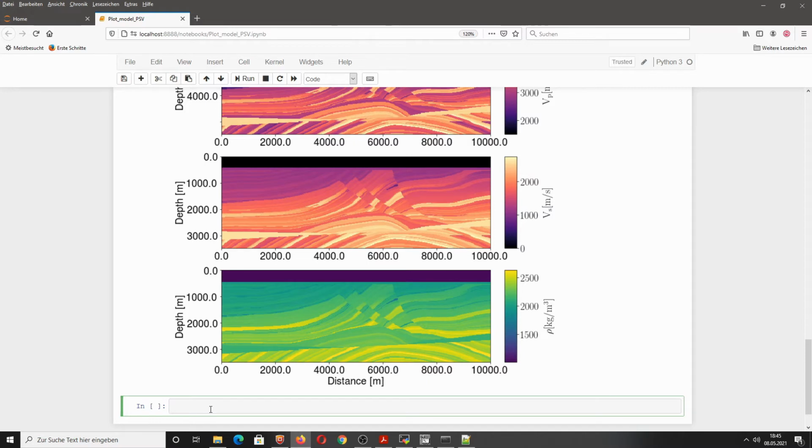I have written a nice Jupyter notebook to produce all the necessary input files, so that you can first check if all the parameters in the acquisition geometry are correct and then create the models and the necessary input files based on that. But of course I know everything is correct because I have used this model 100 million times before, so this should not be an issue.